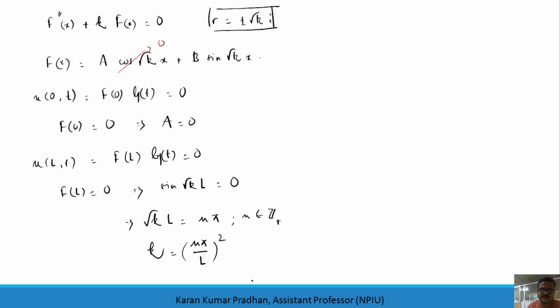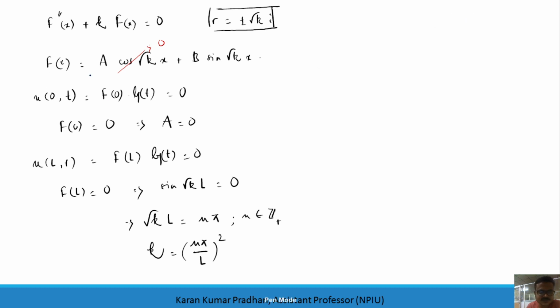Is it right? Okay, so now let's go to the second ODE, which is related to time t: g double dash t plus c squared k g of t equals 0. Again I'm ignoring the next step, where I'll get, let us say, b. Let me just write this. I forgot to write something. I'll come to this point. Wait.